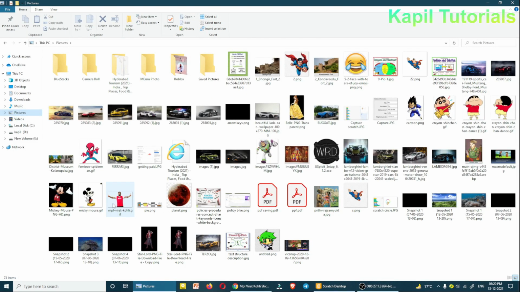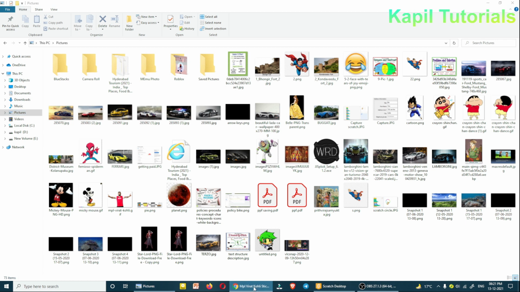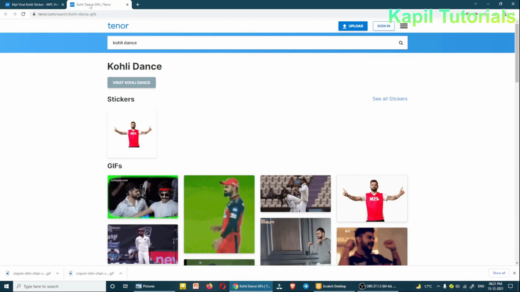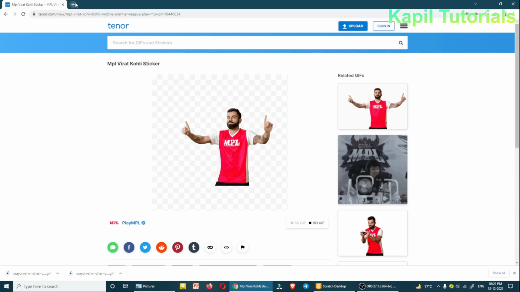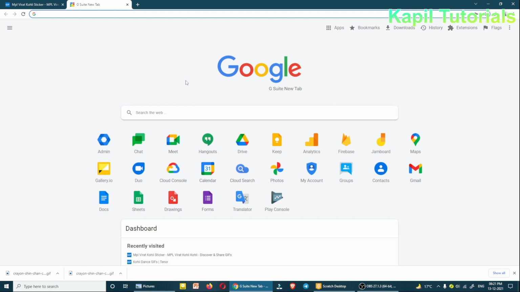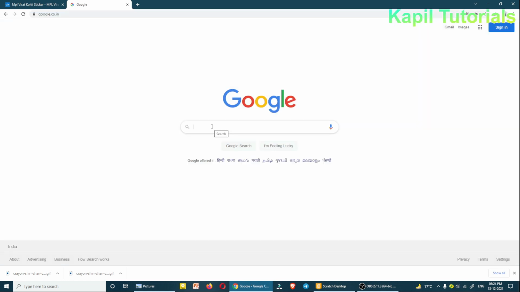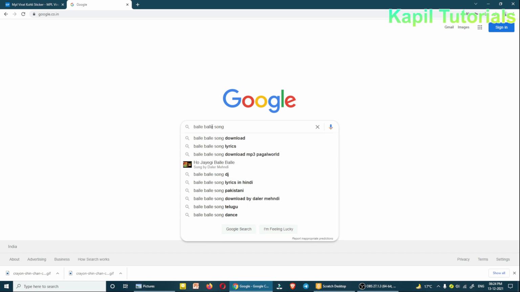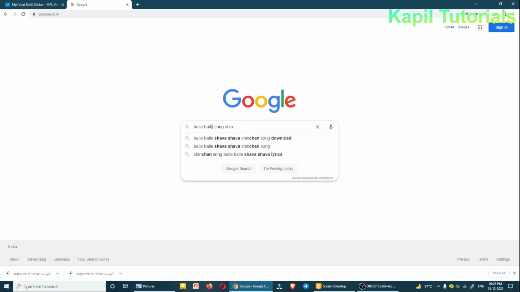Now after downloading the images, again I'll be opening my web browser with a fresh search. So now I'll type Balle Balle song Shinchan.